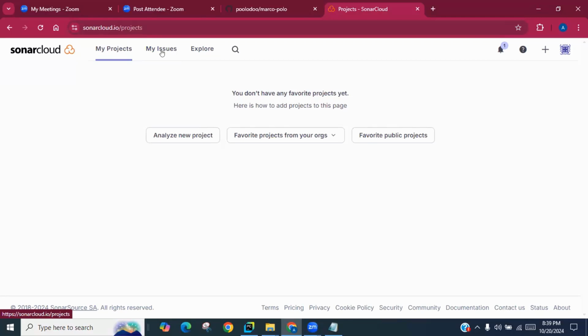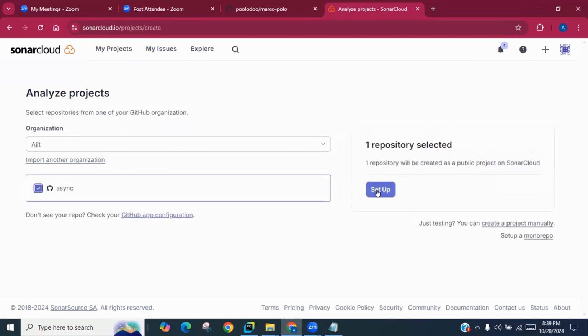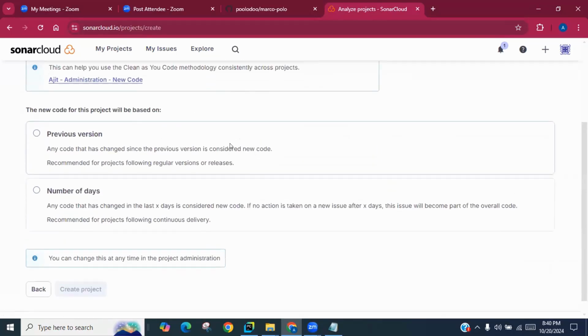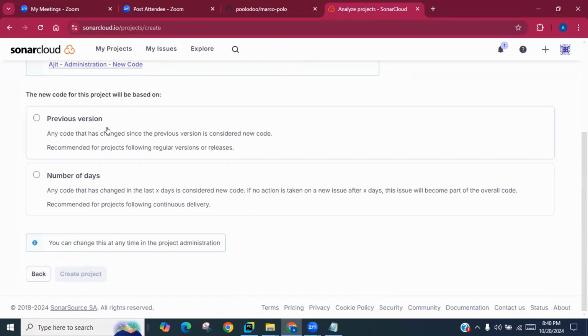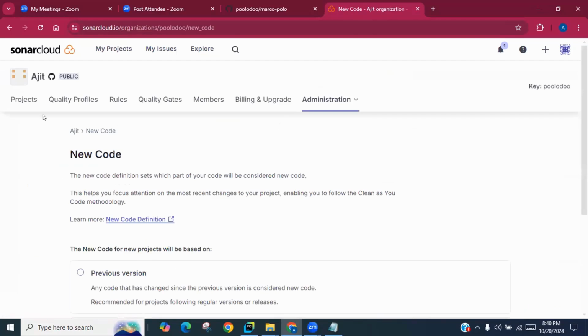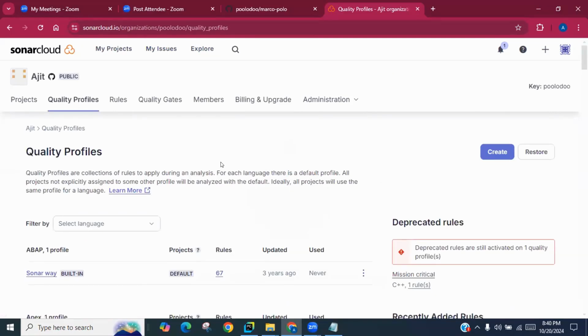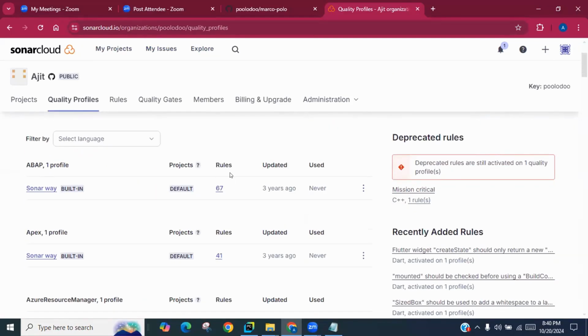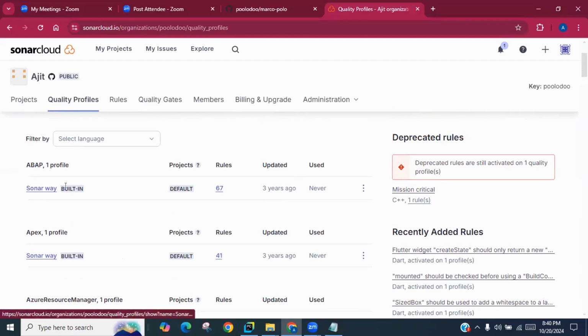But here Sonar Cloud allows you to analyze your project. I take a sample project. Once you analyze the project, it tells you the code quality issues upfront. So it will create a quality profile, which means there are so many rules it checks. I ran this some time back. So here is the Sonar way